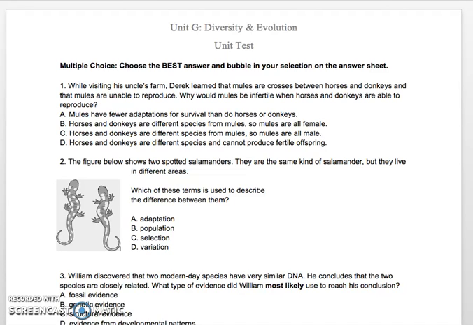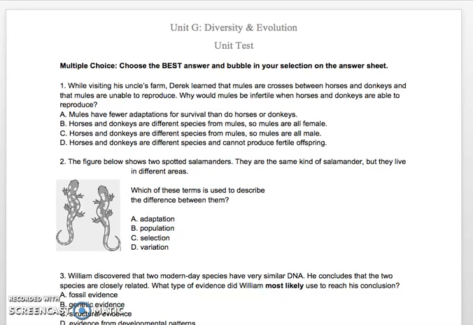This is the unit test for diversity and evolution. It is a multiple choice test. Choose the best answer and bubble in your selection on the answer sheet that is provided to you by your teacher. Number 1. While visiting his uncle's farm, Derek learned that mules are crosses between horses and donkeys and that